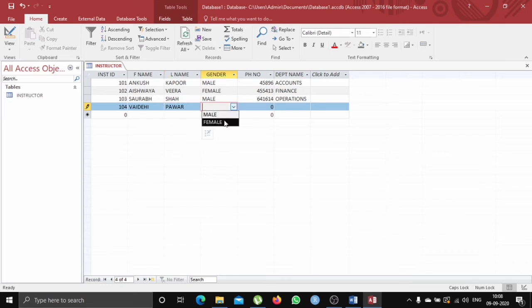So you will be getting used to how to create lookup wizard and what the criteria are. You can adjust.